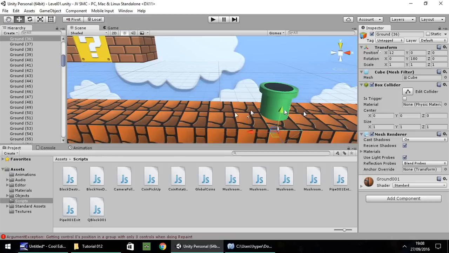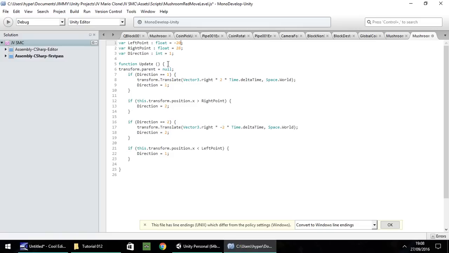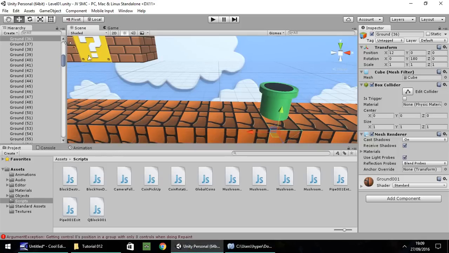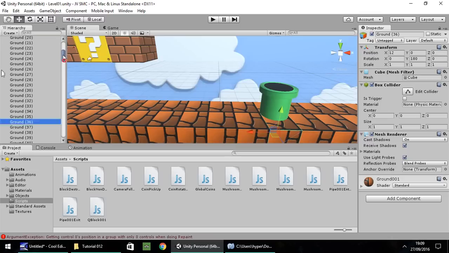So I'm going to have possibly 11. Where we've got 28 here for the right point, I'm going to put that as 11. So hopefully our mushroom will come out, move to X11, and then turn around and go back the other way.